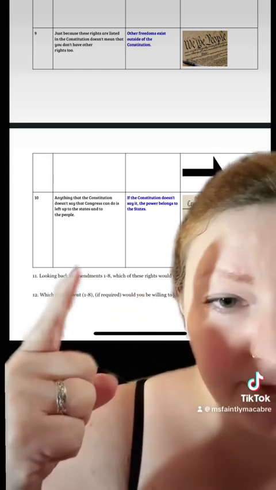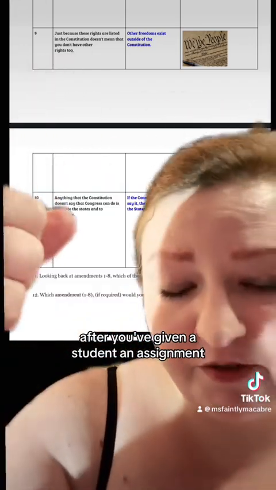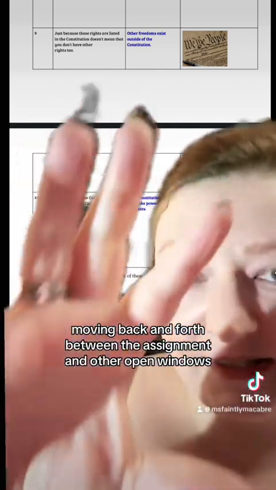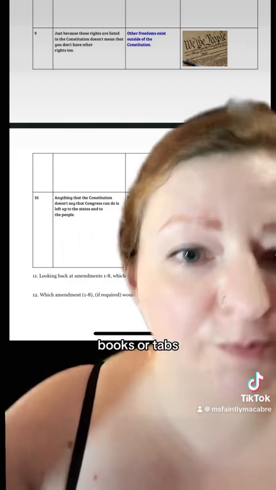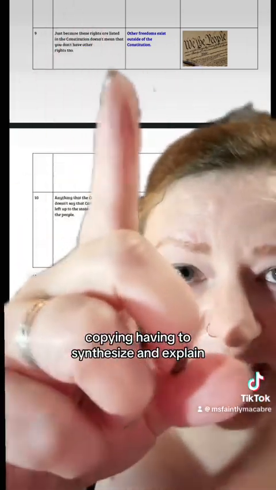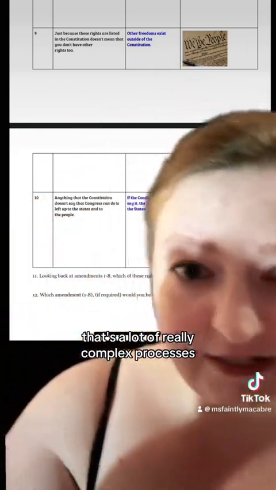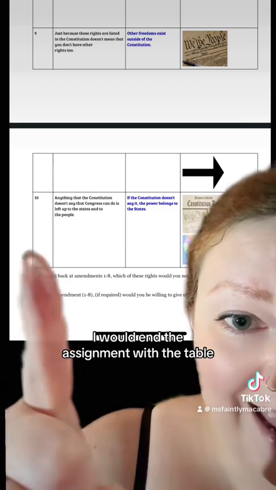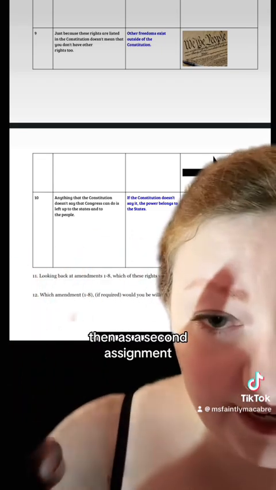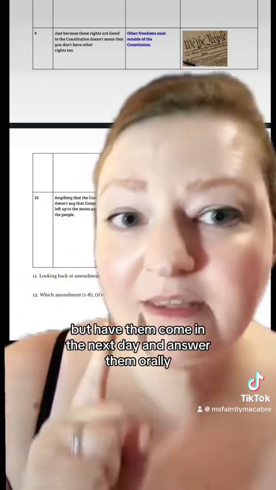Explain. So as I've discussed with other assignments, after you've given a student an assignment that requires this much working memory, moving back and forth between the assignment and other open windows, books, or tabs, copying, having to synthesize and explain, and then going back and forth and putting pictures in, that's a lot of really complex processes. I would end the assignment with the table. Then as a second assignment, I would give them these questions, but have them come in the next day and